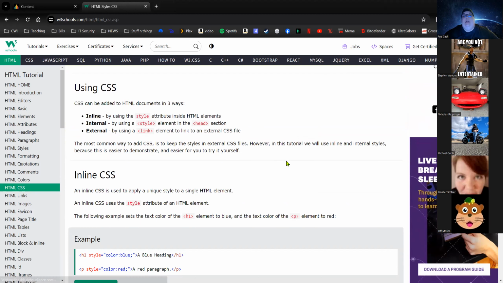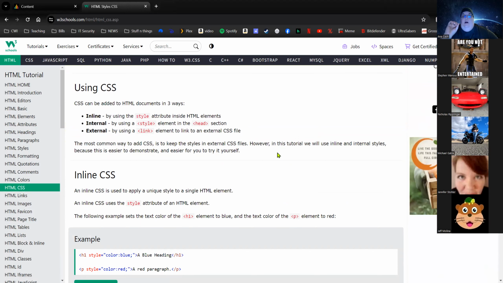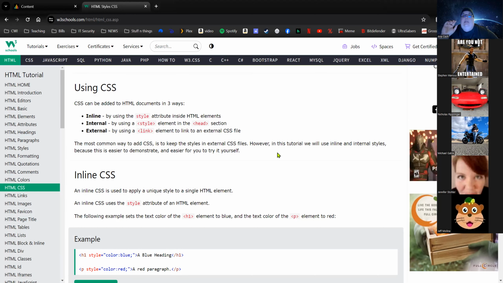So you can add CSS in 3 ways. You can do what's called inline by using the style attribute inside the HTML elements, which is what we saw where each element was in there. You can do internal by using a style element in just the head section. And then my personal favorite, which is called external, which you use by linking an element to an external CSS file. And that's actually the most common way to do it now,